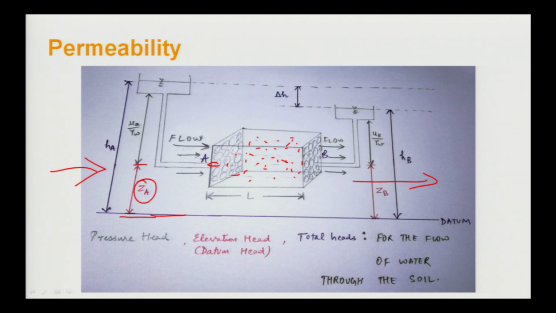So the flow is taking place in this medium. So this medium will be what? Resisting the flow. And how does it affect? We will be seeing, and how much resistance it offers will be the basis of the permeability topic. So this one is what? A datum head, which is due to the height from the datum.